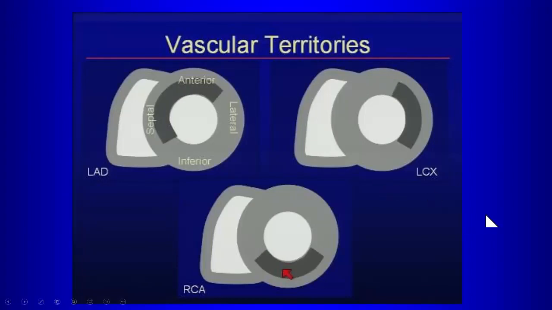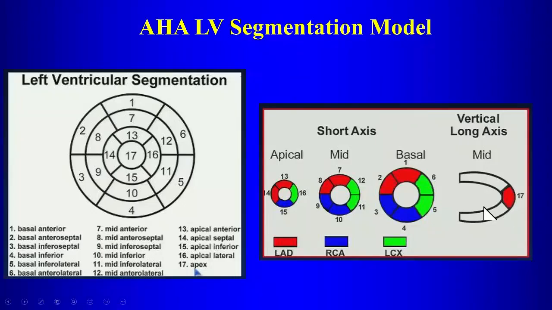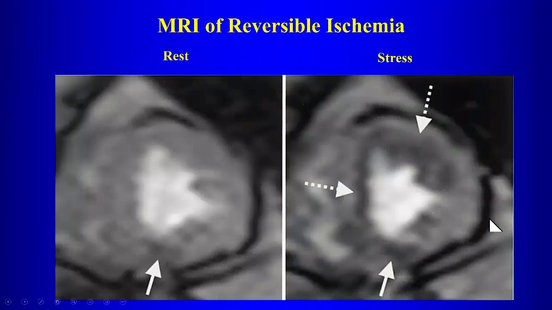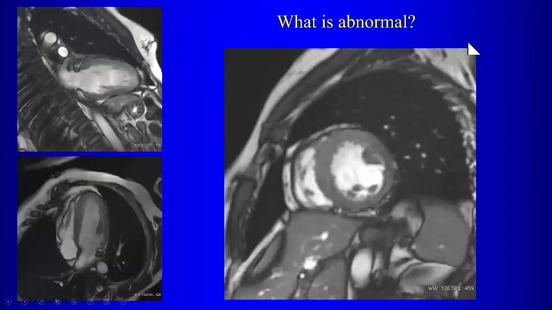And then your vascular territories, you should all be familiar with this, about the different territories on the short axis views for defects and comparing them with the various vessels. Okay? So if we have a reversible defect, then that implies that there is a stenotic lesion there and it's causing ischemia. So it's not an infarct, but it's ischemia if you have a reversible defect. And then here's an example with multi-vessel disease. Okay? All right, so in this patient,